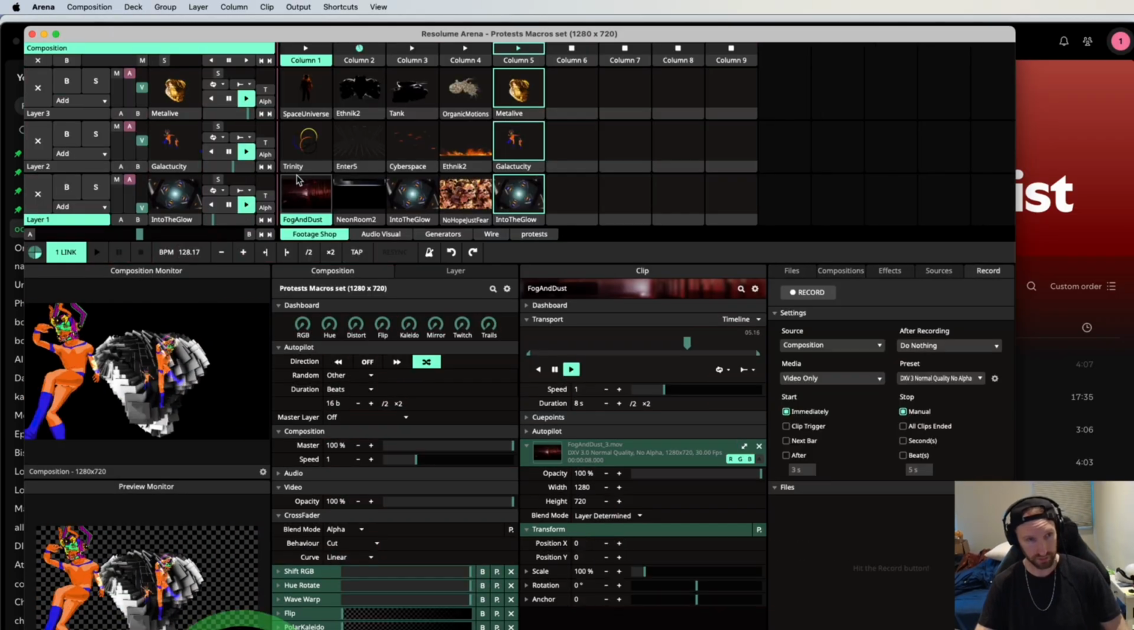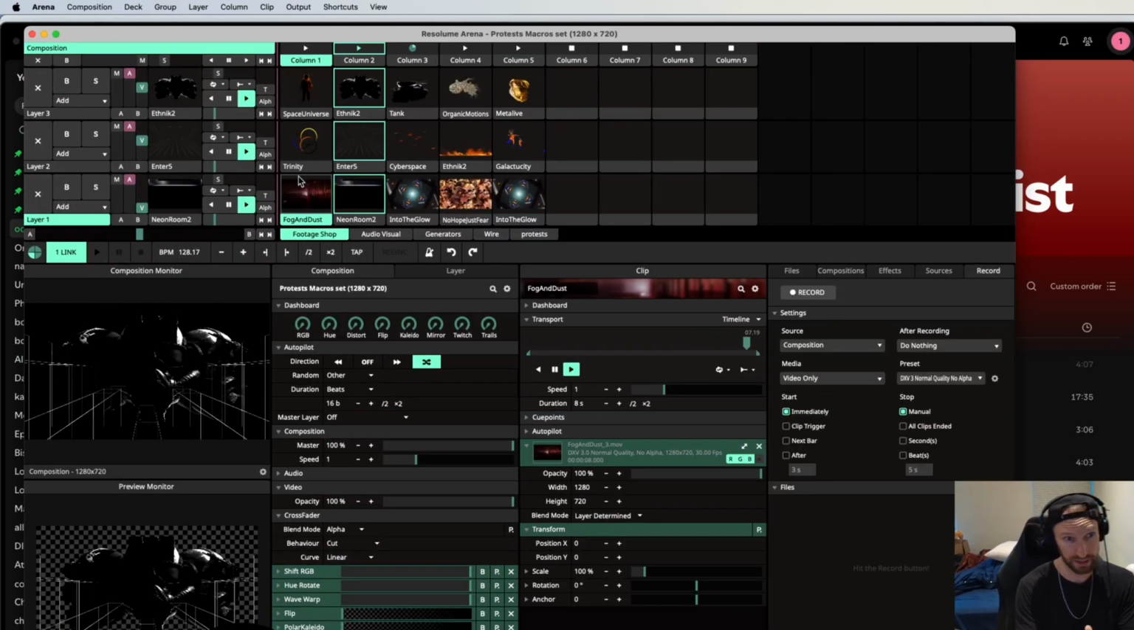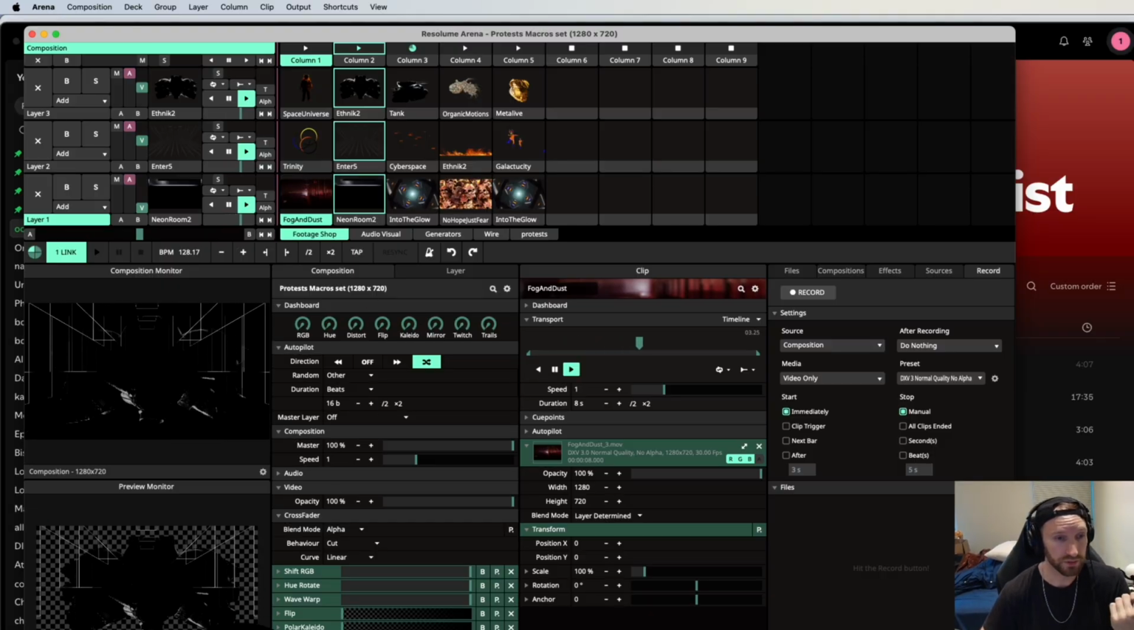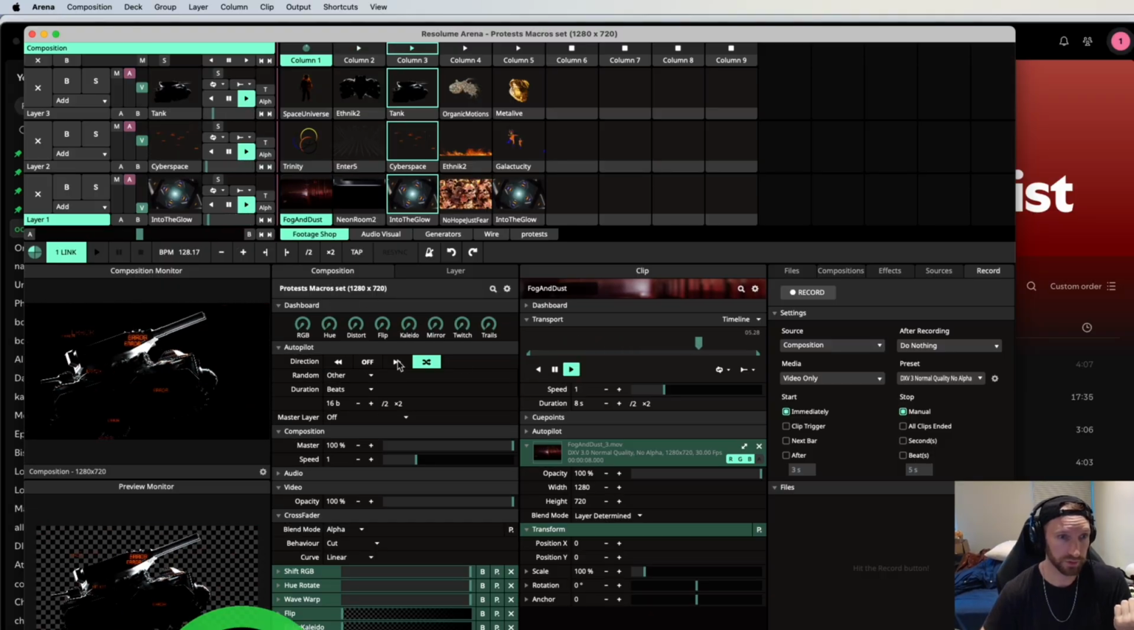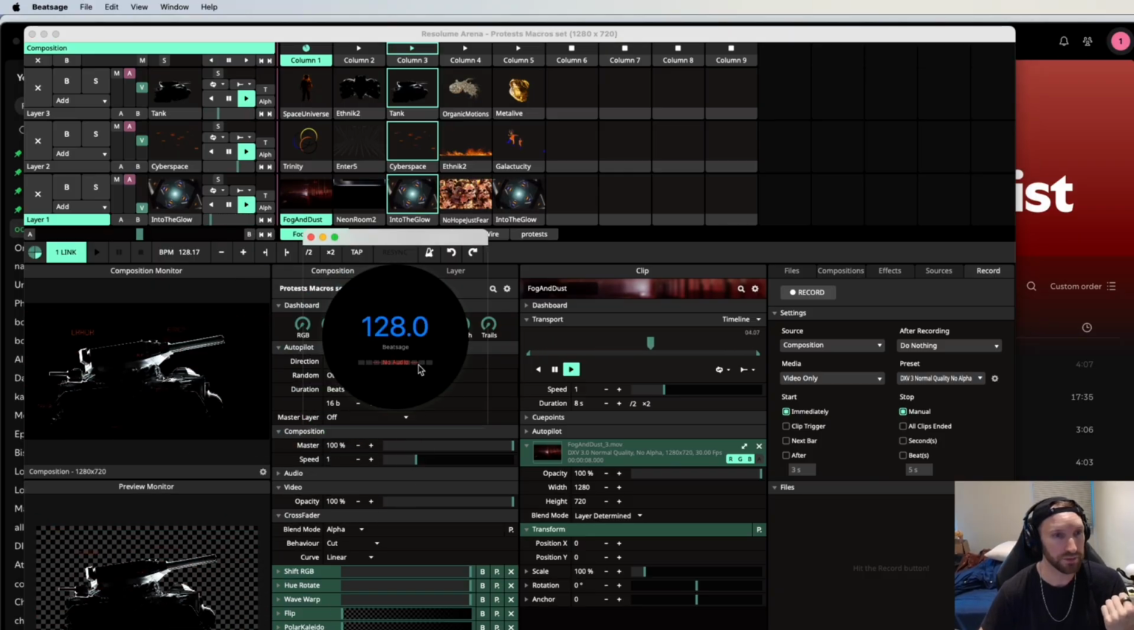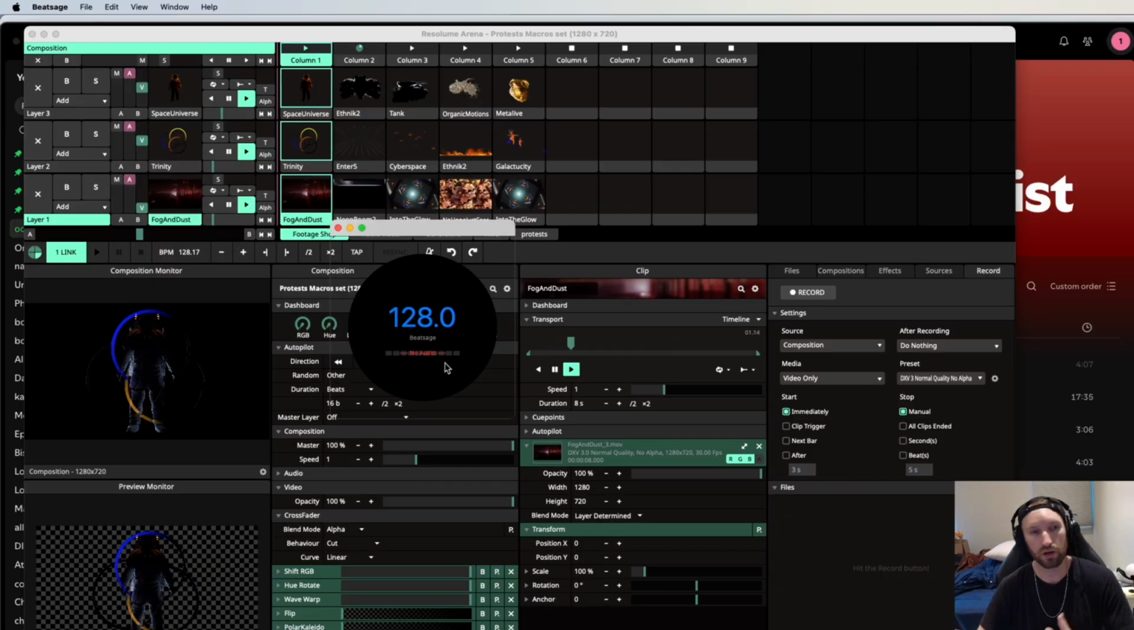Finally, we talked a little bit about how to automate the actual clips that are going on in your project using something like autopilot, which is the built-in Resolume way to do that. And we can select random, and we can even go to something like beats, and using something like BeatSage that will hook onto the beat